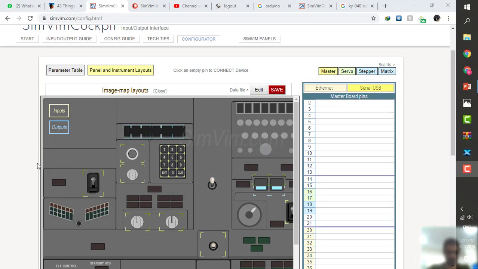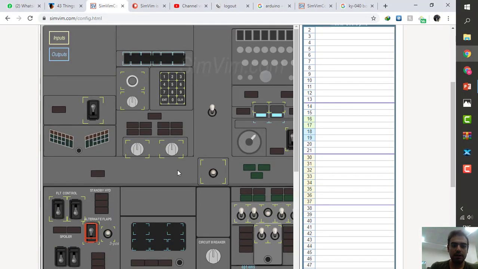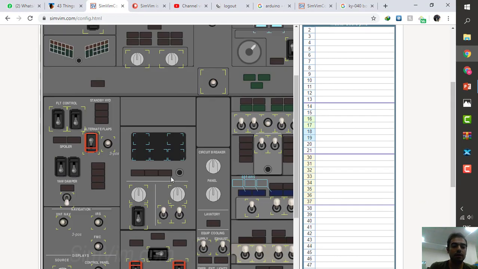Okay, this is the overhead panel for the Boeing 737. If you hover your mouse on these switches, you can see the suggestion comes and says, for example, flight control A or battery 1 switch. This means that you can assign a two-state button to this switch that can turn on and turn off